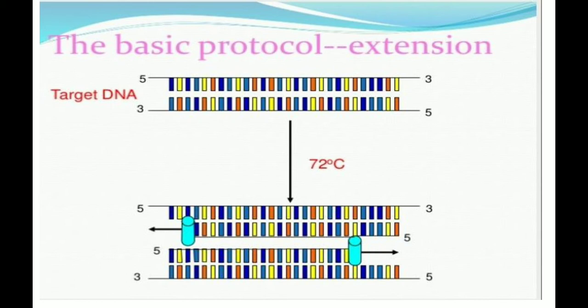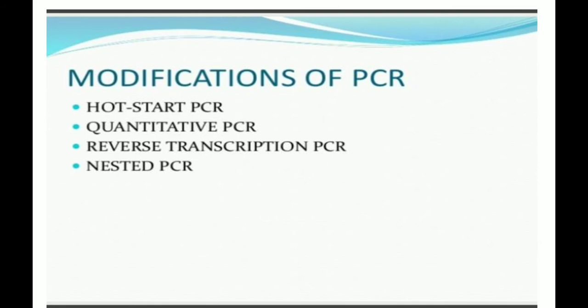As the PCR machine is an automated thermocycler, the same cycle is repeated 30 to 40 times. So that is the general protocol of the PCR technique. Now we see the modifications of this PCR. This technique has different applications and advantages, and it also has some disadvantages. Now we'll see them one by one, the advantages of this PCR technique, and then we go to the modifications of PCR. I'll tell you in short the advantages of PCR.